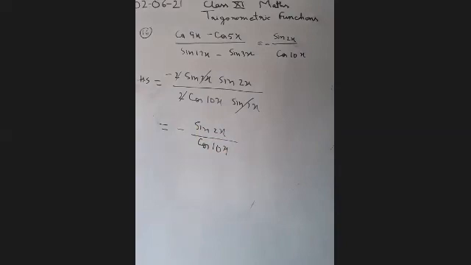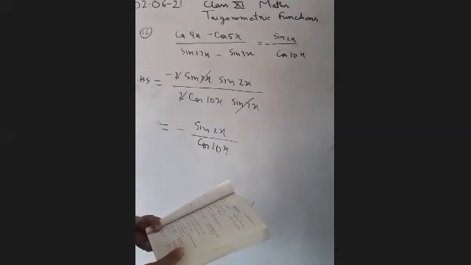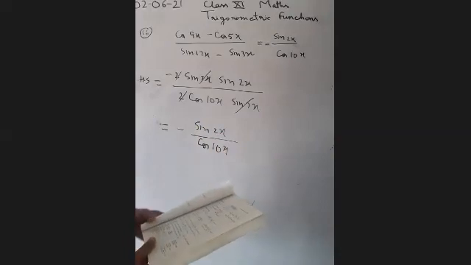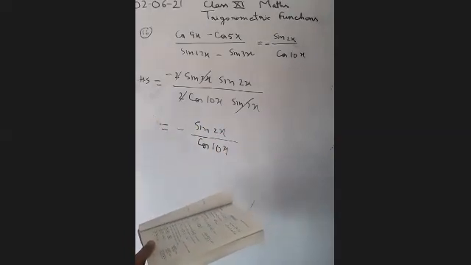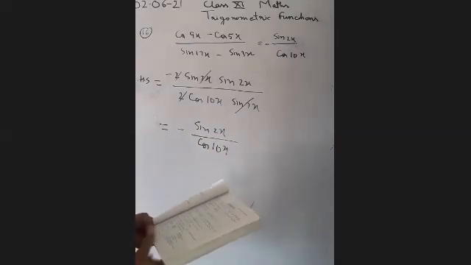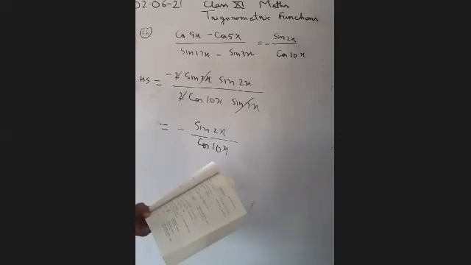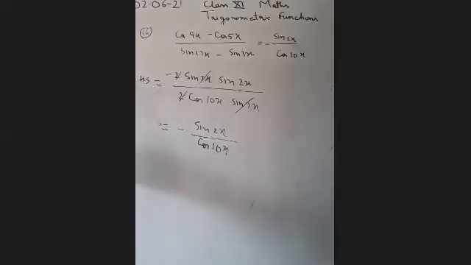So you are observing that question number 16 and 17 are also similar. You can do them yourself. 18 is also the same. 19, 20. So for 20, I am telling you, 20 is also the same, but the denominator is written in a different form. That's why I am telling you question number 20.